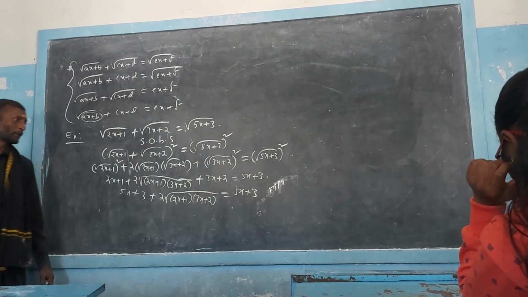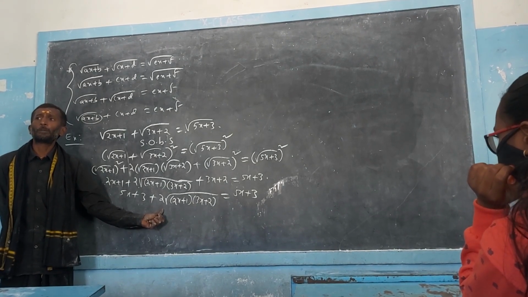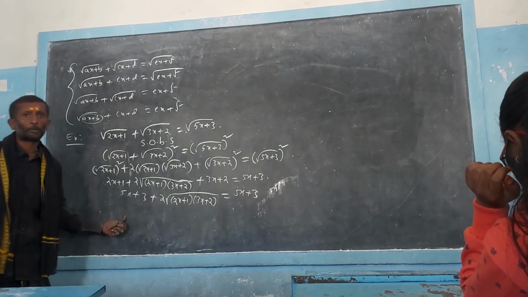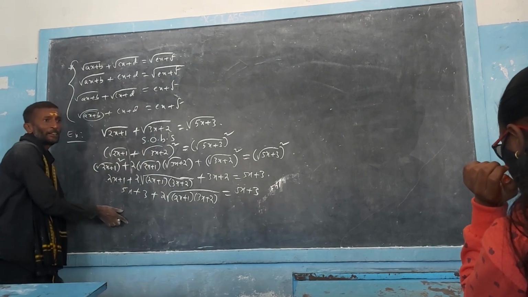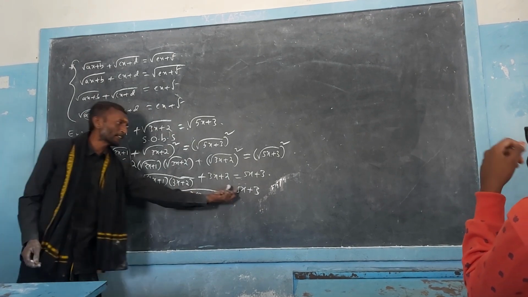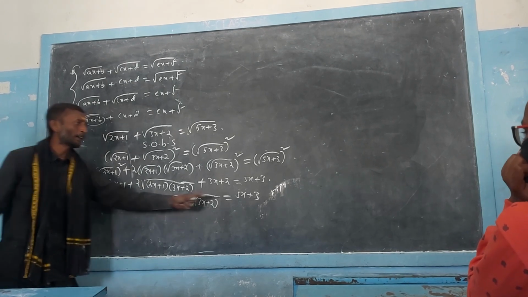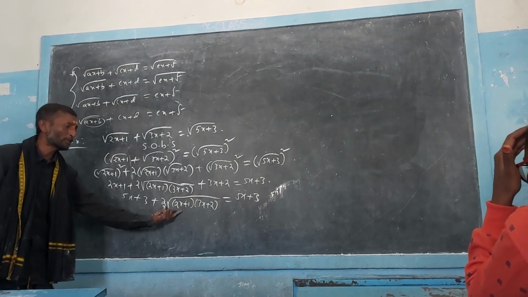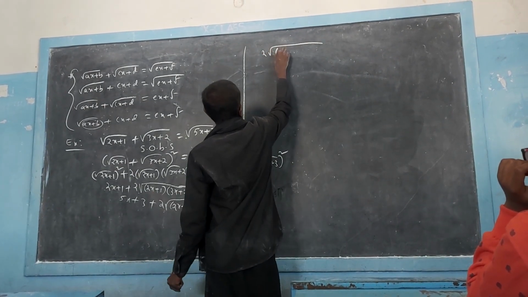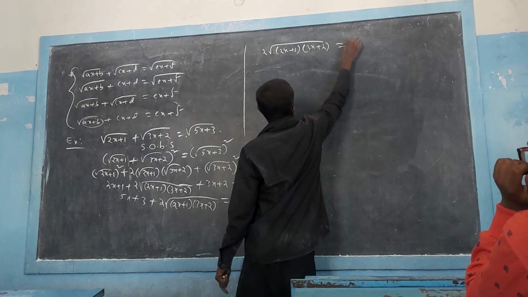Now what do we do? This is a very easy example. From both sides we can remove that 5x very easily, cancel it out, and this also we can remove. If I send these to the other side, we need to change the signs. So 5x comes to this side and becomes minus 5x; plus 5x and minus 5x get cancelled. Plus 3 and minus 3 get cancelled. So it remains only 2 root of 2x plus 1 into 3x plus 2, equal to 0.